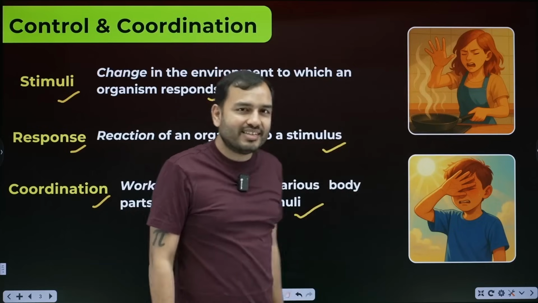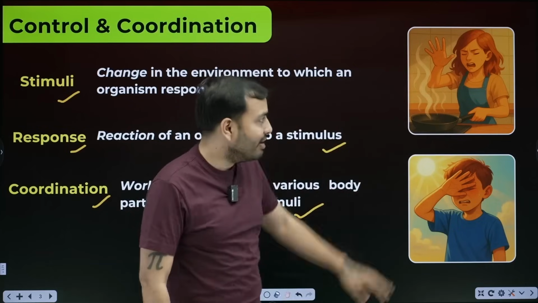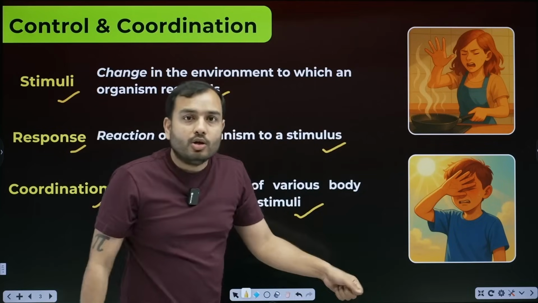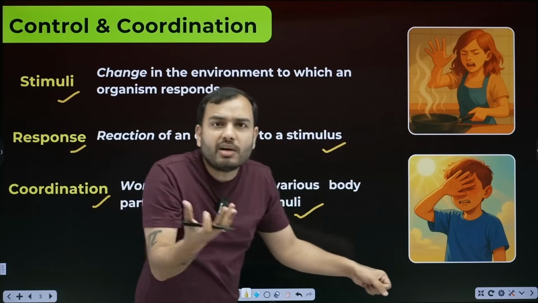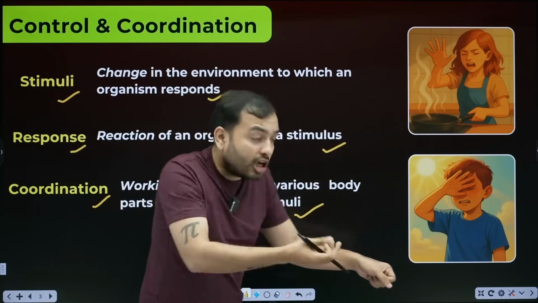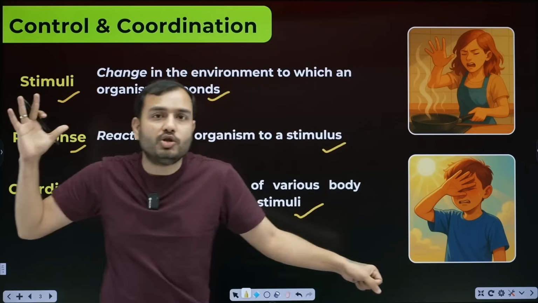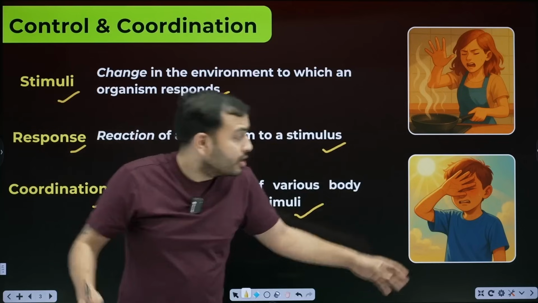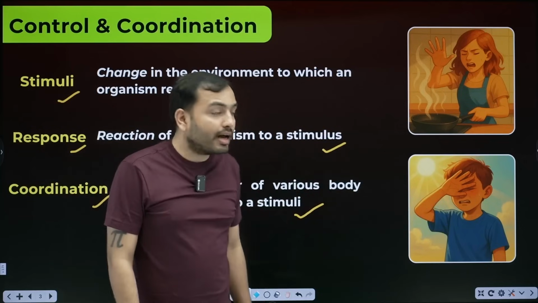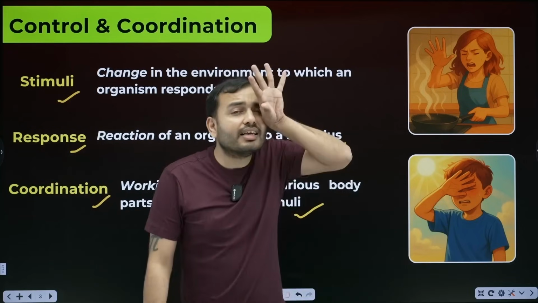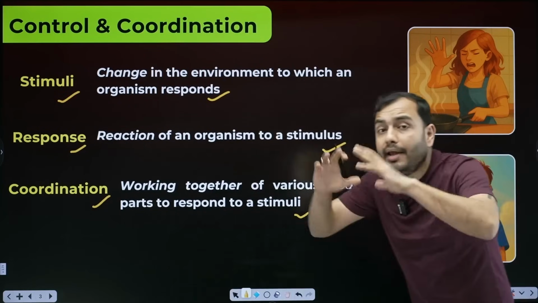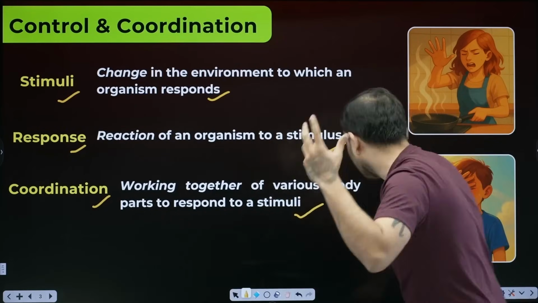This lovely, beautiful Babita. She was cooking something. Suddenly steam came out. That is the stimuli. What is the stimuli? Heat. As soon as she sensed the stimuli, what did she do? She pulled her hand back. That is her response. Like this is you: you stepped outside, the sun hit. I've already explained this example. You give a response and the sunlight becomes the stimuli. What is coordination? Lots and lots of body parts working simultaneously.